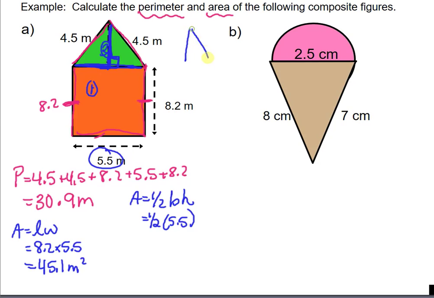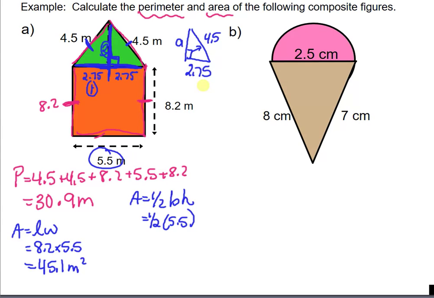So let's take one of these triangles. The hypotenuse is 4.5, and the base is actually just going to be half of the 5.5, so 2.75. Because since this is isosceles, the 4.5 and the 4.5, this is going to be 2.75, and then this is going to be 2.75 as well. Now, we have to find the height. So let's